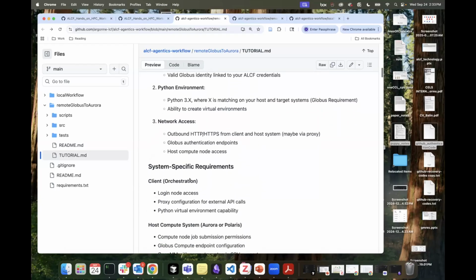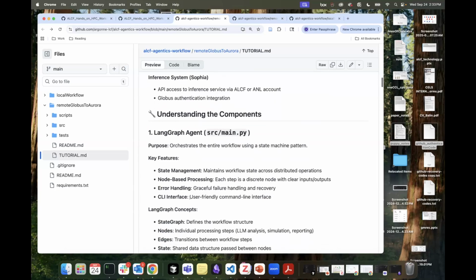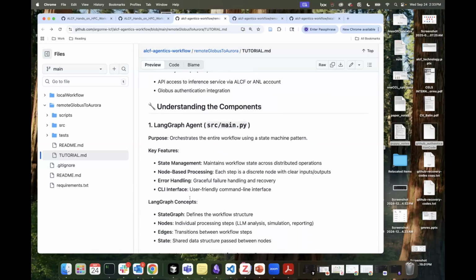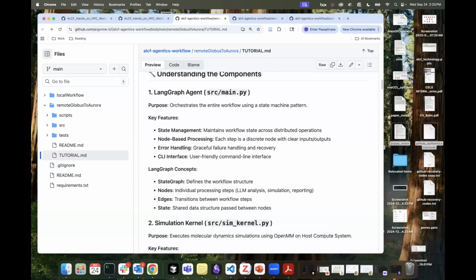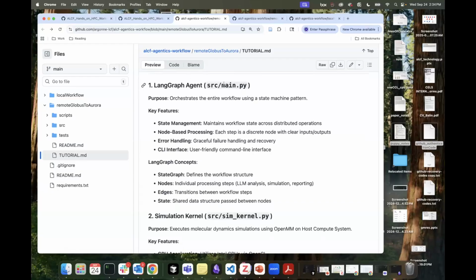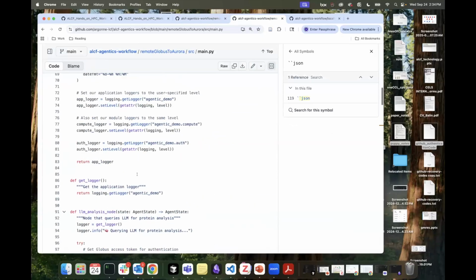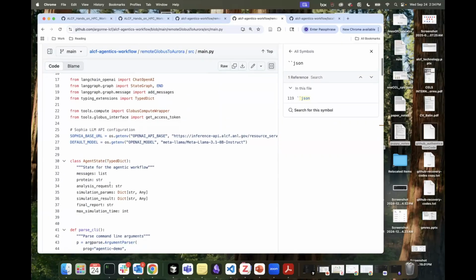There's detailed information here on how to set everything up, since most of it relates to setting up Globus endpoints on your local machine or on one of our systems, and that was covered in the previous talk. I'll skip through that and actually just go through covering the agent itself. So this is inside of src main.py. So I'll go over right there. And so here we're in remote Globus to Aurora src main.py. And so we'll see that